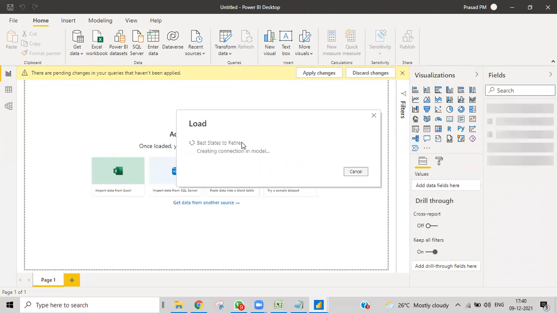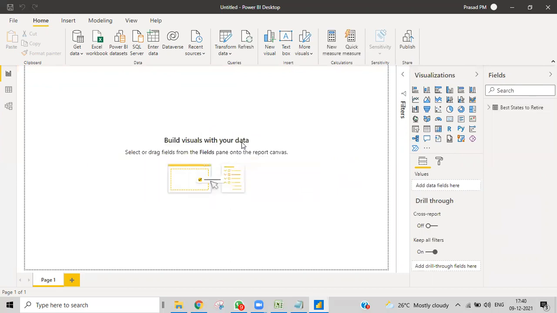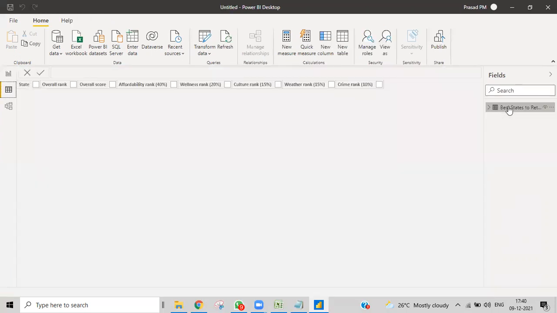If you find any tables in any web URL, you can give that URL and get the table over here. That is a thing. You can even take data from Google Sheets, just by giving the URL. There are a lot of ways that you can get data from URLs. Today we are just practicing how to get the data from a URL. So I got the data from the URL. I'll show you what exactly the data is.